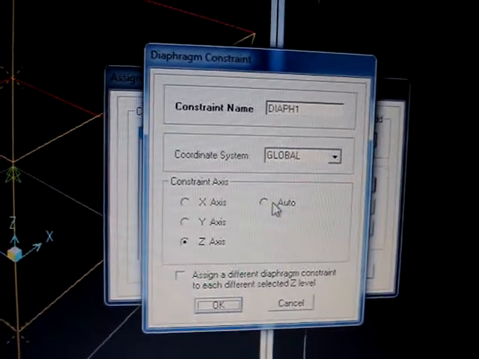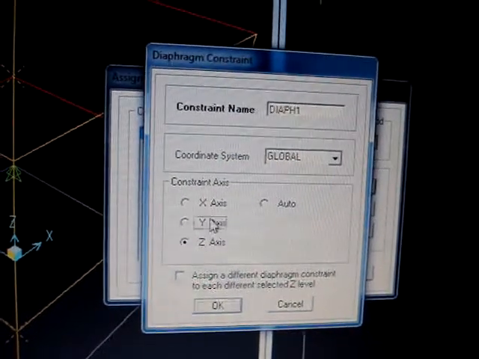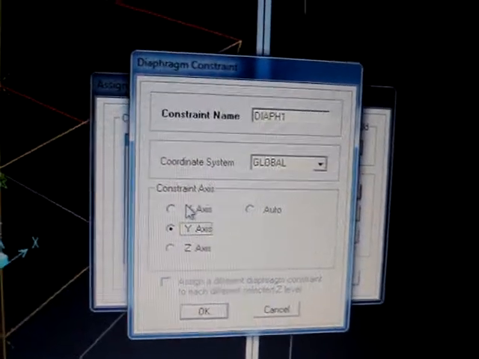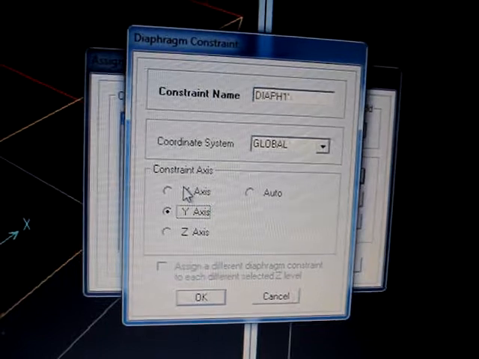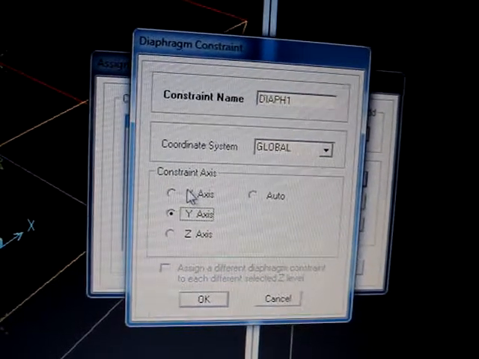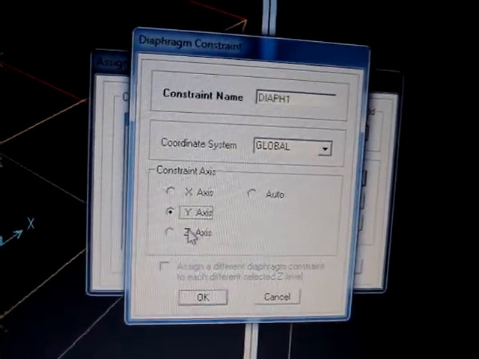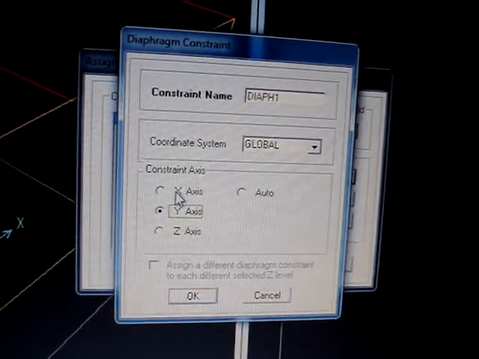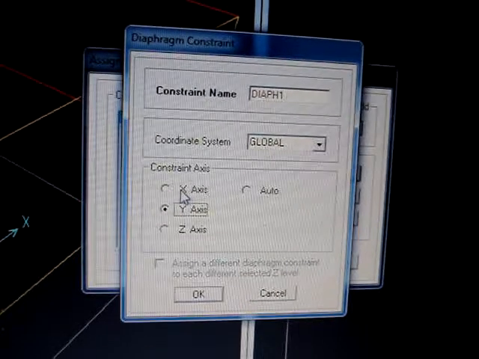Here you can choose the axis according to your convenience, I mean the direction in which you are applying the shear. Suppose if you are applying it along the y direction, then you can choose y axis, or if you are applying the shear force in the x direction, then you can keep it as x axis. So it will move as a single unit in the x axis.